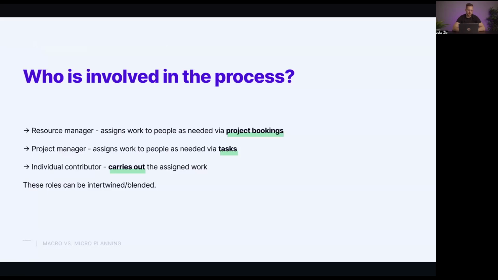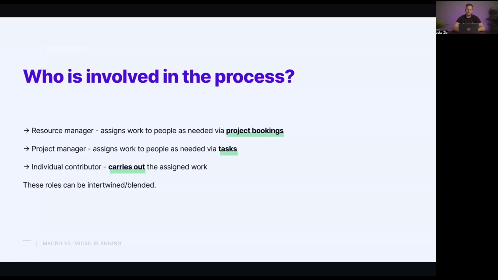If John is the best designer that we have at the company, then everybody will want to have John assigned to their project. With a centralized resource manager person or team, you avoid this type of bias, and you actually reach a state where the resource manager will make the decision that's best for us as a company and not for one individual job or project.